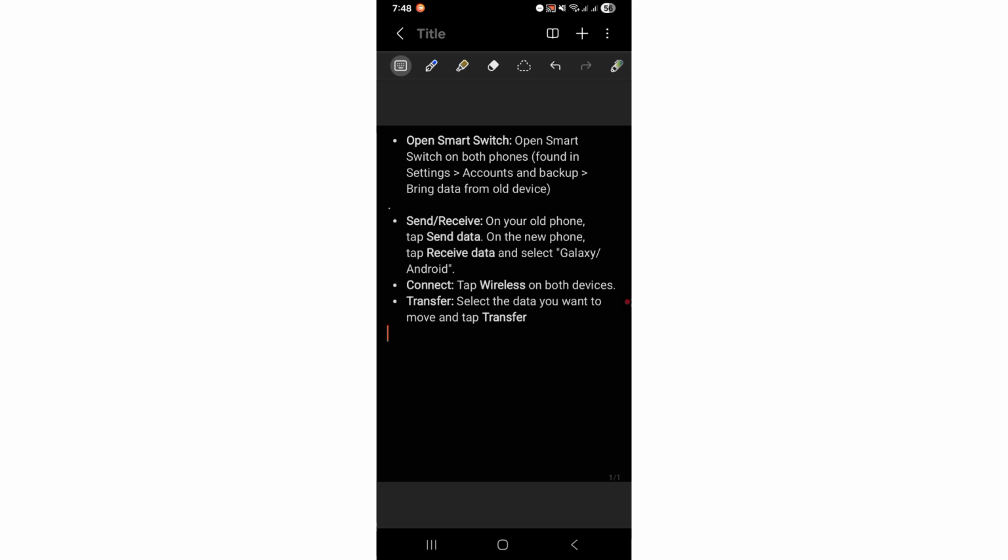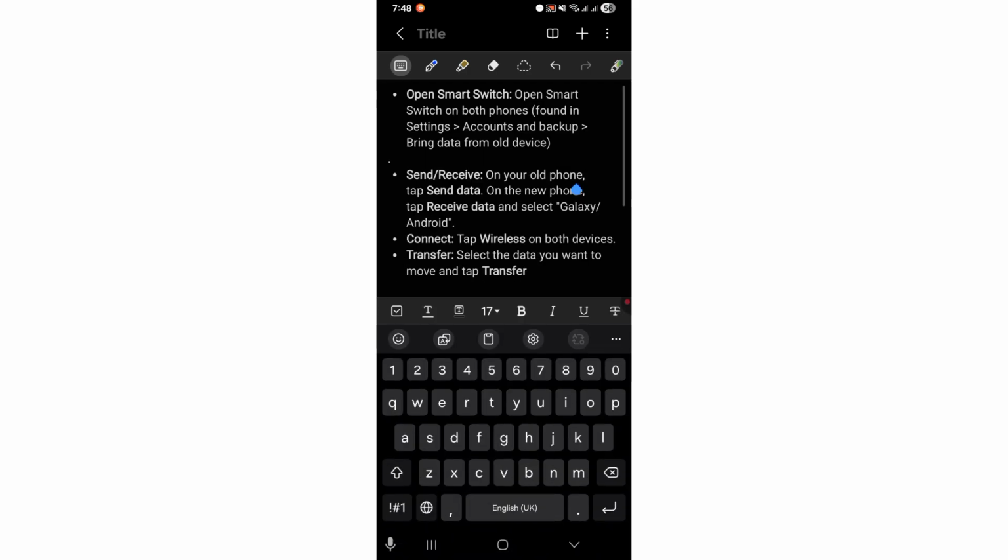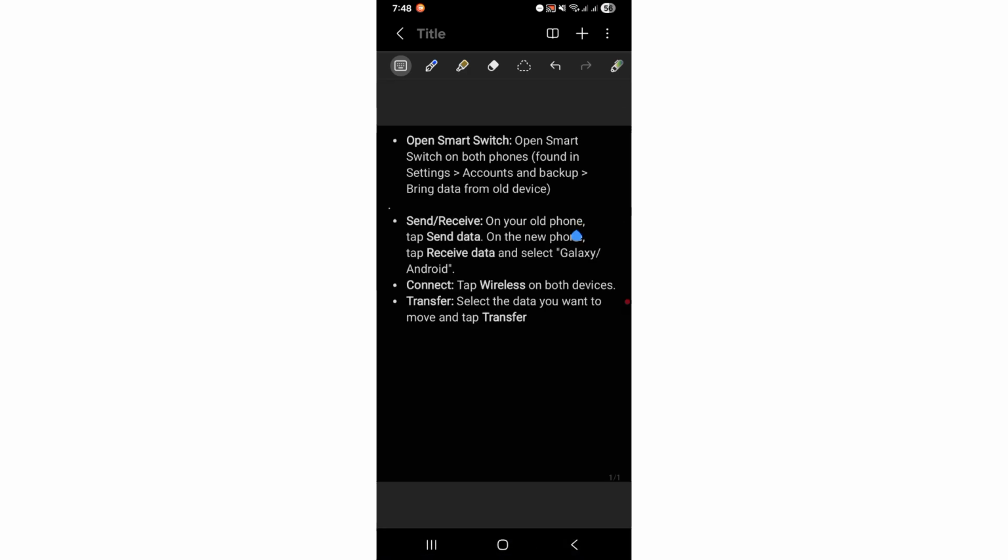Now you will tap on send data on your old phone, and on the new phone, tap receive data and select Galaxy Android. Once you do this, after that it will connect, tap wireless on both devices, then transfer, tap on transfer, select